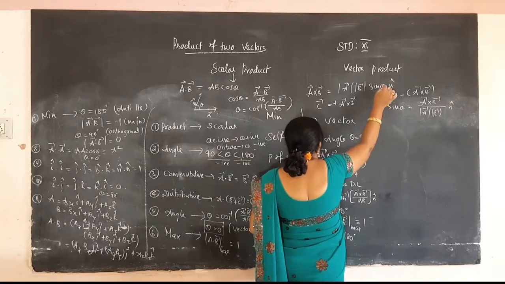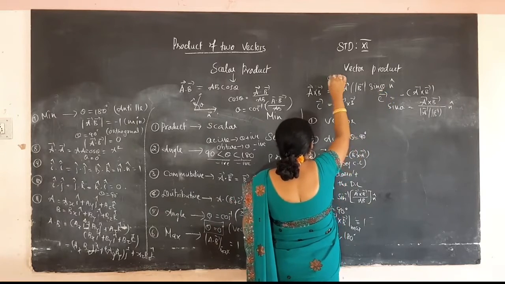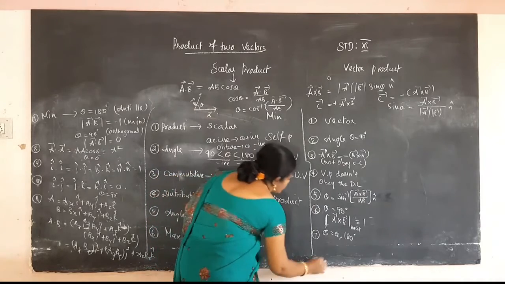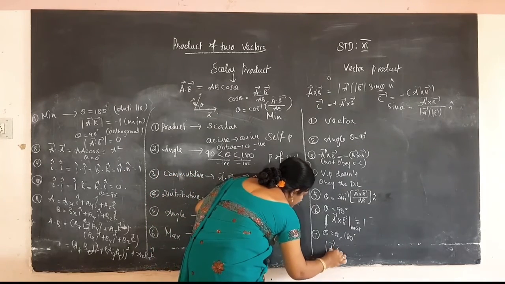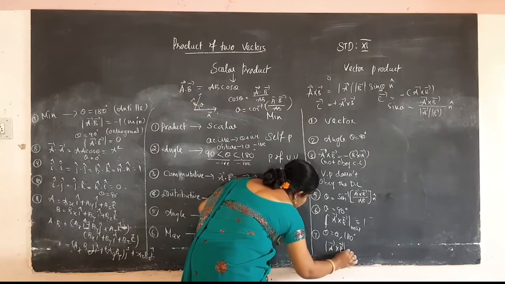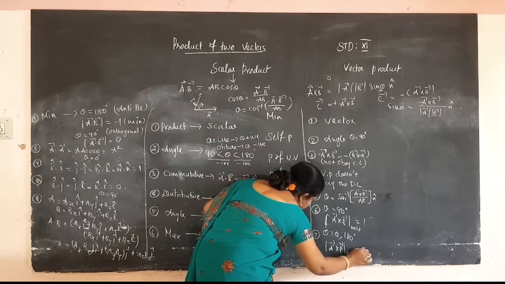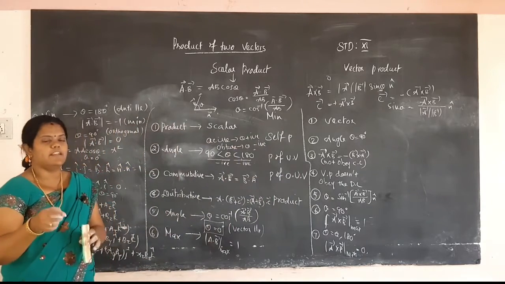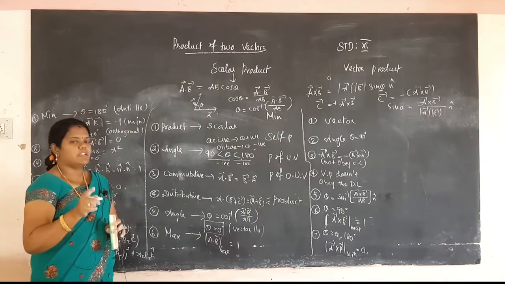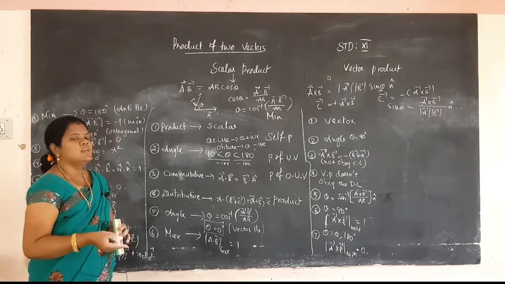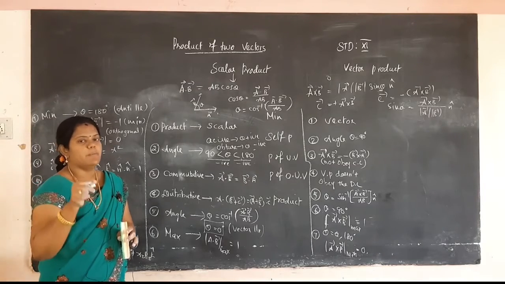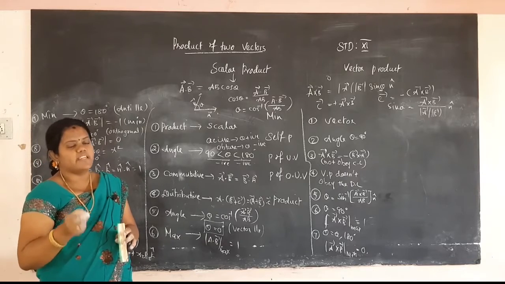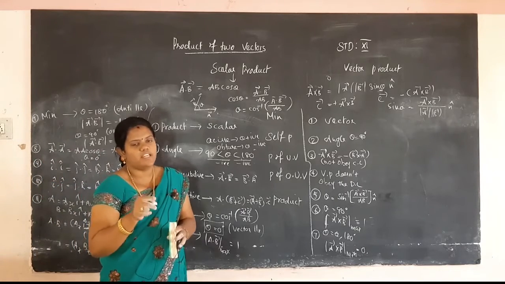So theta க்கு பதிலா நீங்க 0 ம் 180 போட்டீங்கன்னா இதோட வேல்யூ 0 தான் கிடைக்கும். So when the vector product will be minimum, see A vector cross B vector will be minimum, because it will be equal to 0. When the product will be maximum, theta angle will be considered as 90 degree, the vector product of two vectors will be maximum. When the product will be minimum, the theta angle will be considered 0 or 180 degree because sin 0 is 0 and sin 180 also 0.